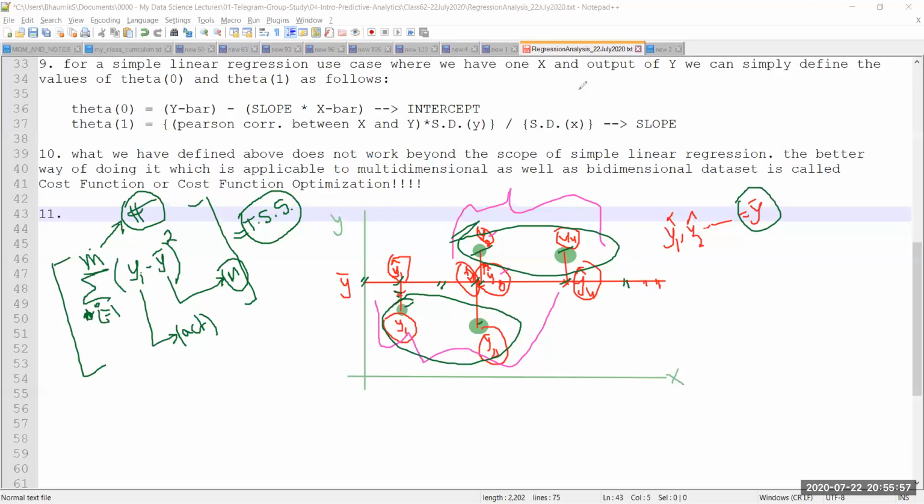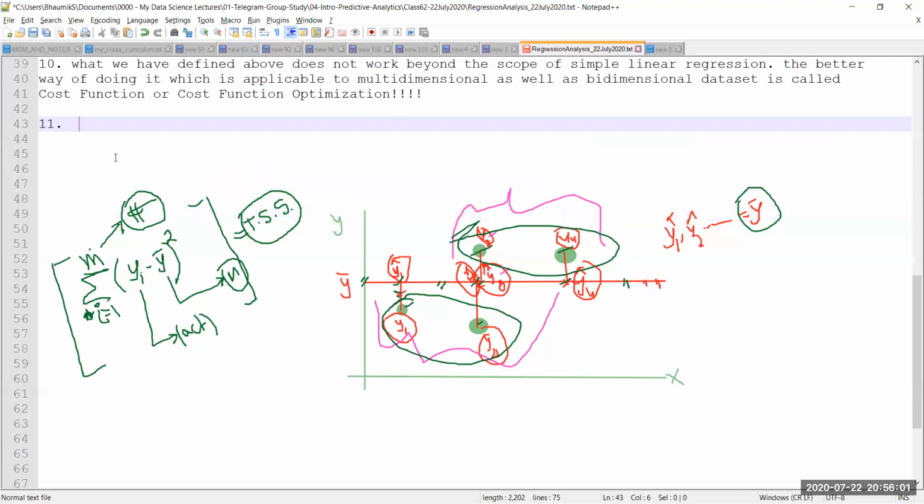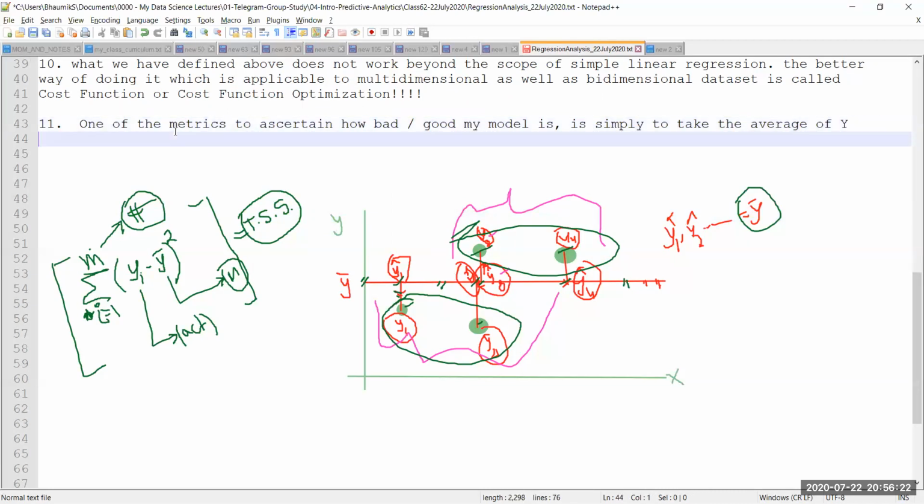Right? I hope this was clear. So I'll just take this line above, and I'm going to say one of the metrics to ascertain how bad or even good my model is is simply to take the average of y, ignoring the values of x at all, using x, y bar, and then using y bar I draw the regression line. Right, I draw the regression line using y bar, then